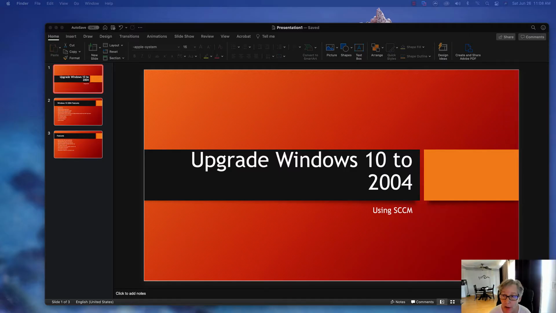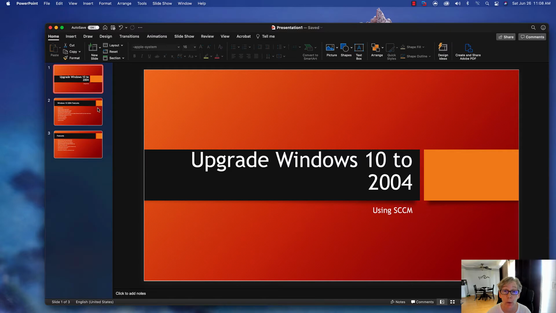So today we're going to talk about upgrading Windows 10 to 2004 using SCCM. And I'm doing it to 2004 because I need to go there first before I go to the newer version. So with that, I wanted to talk about some of the features of 2004 that will be available once we